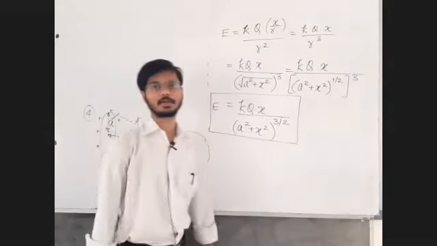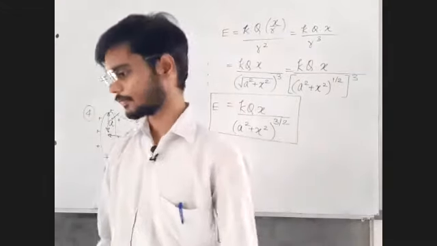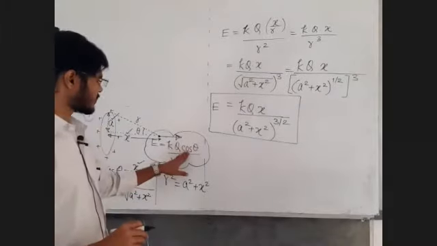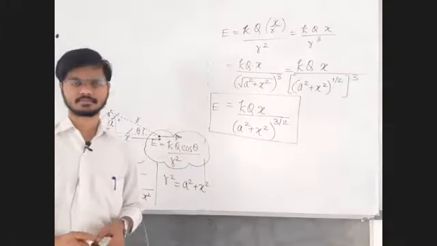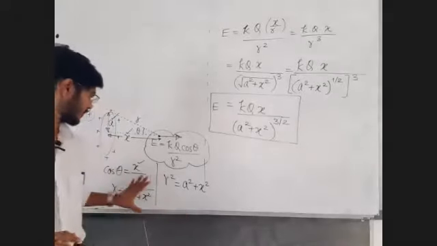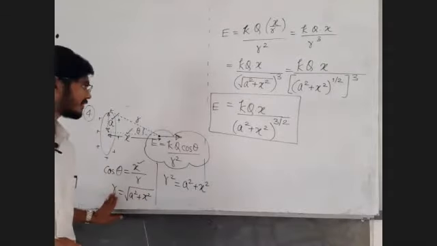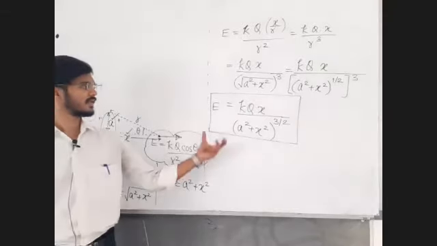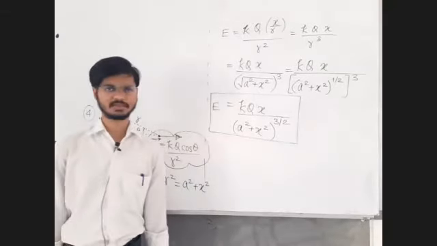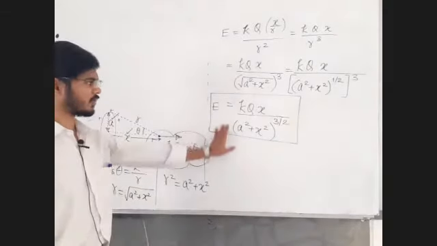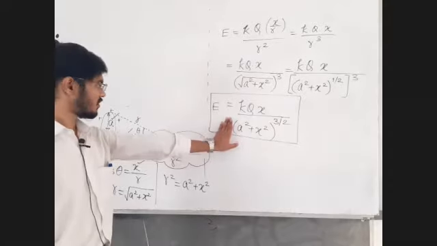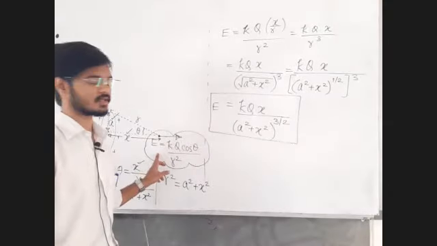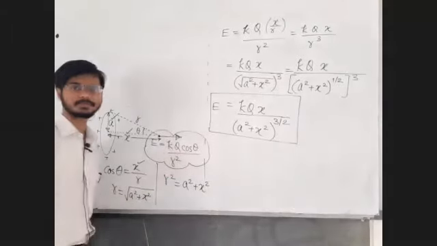Write it down and reply to me in the chat box, everyone, clear and written. Just replace cos theta and r. Yesterday we have seen the replacements of cos theta and r. We just put those replacements and we derive another form of the same equation. If you want you can remember this form also, but I will recommend you to remember this and the replacement for cos theta and r.